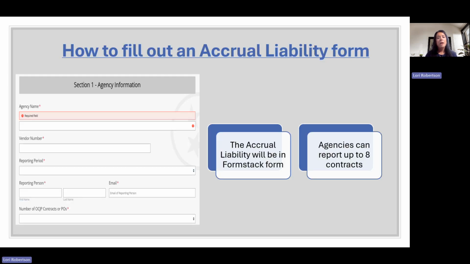This year, we will be doing the accrual liability form a little bit different. The accrual liability will be in form stack form, and agencies can report up to 8 contracts at a time. That link will be sent out, and I will actually have it linked on the next slide as well. But it will be sent out in the memo. The agency will just have to click on the link, and then it will bring you up to this page right here. And it will just ask for the agency name, contract number, all the information, fiscal year,